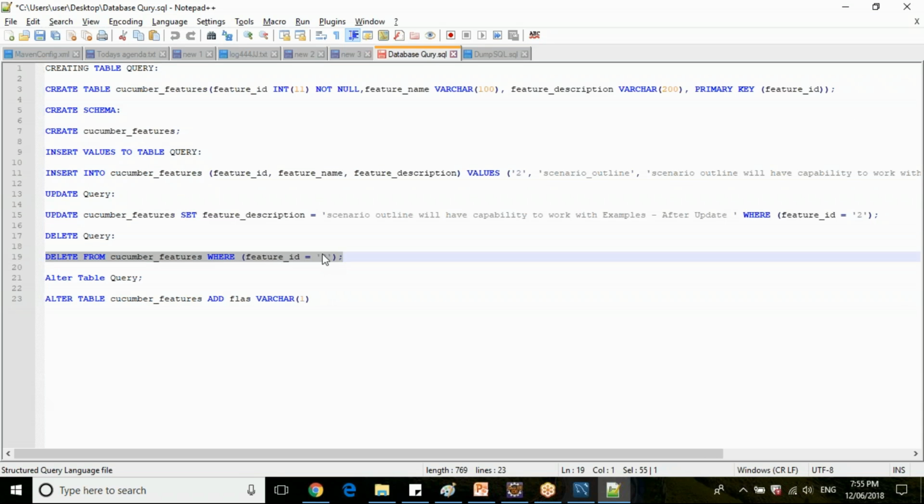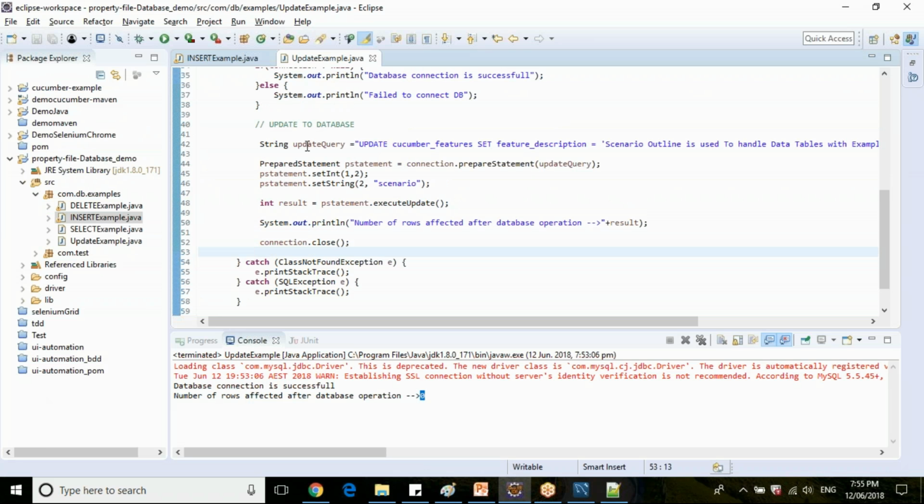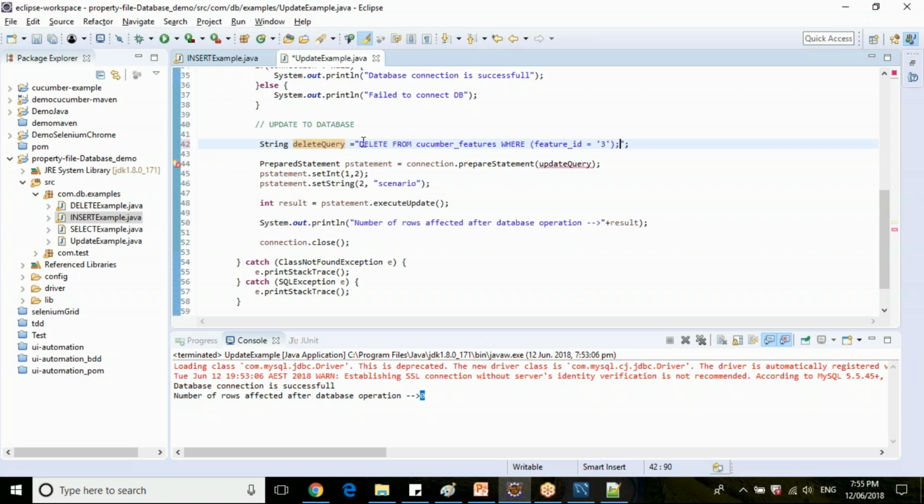Now how many parameters do I need to set in the prepared statement? Only one, because we have only one condition and one parameter to be set dynamically.